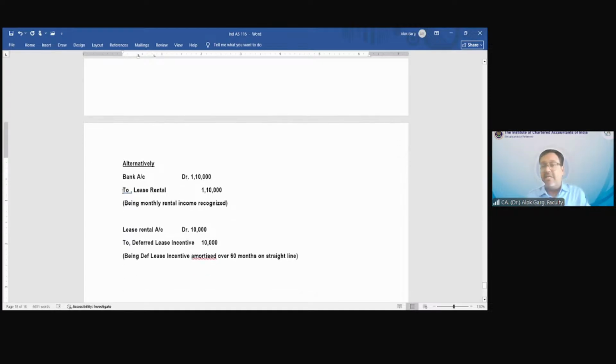Okay. So basically what happened when you read lessor accounting, it says that lessor will do the straight lining of lease rentals, right? For accounting rent in an operating lease, lessor will do straight lining of lease rentals. So this lessor will receive 1,10,000 every month for the next 60 months. To earn 1,10,000 for the next 60 months, lessor has spent 6 lakh rupees. So technically speaking, lessor is receiving the rental which is reduced by 6 lakh rupees.